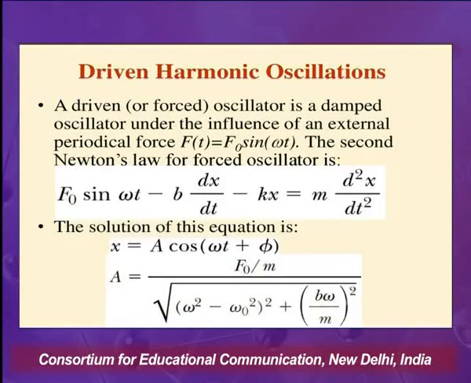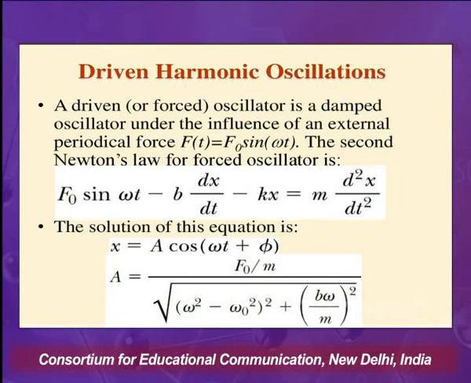Now we'll talk about driven harmonic oscillation. A driven or forced oscillator is a damped oscillator under the influence of an external periodic force F(t) equal to F naught sin omega t. So the second Newton's law for the forced oscillator is F naught sin omega t minus b dx/dt minus kx equals m d²x/dt², and the solution of that equation is x equal to